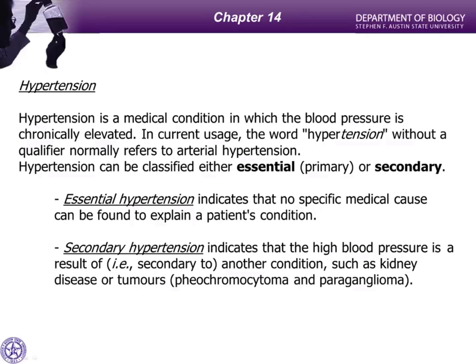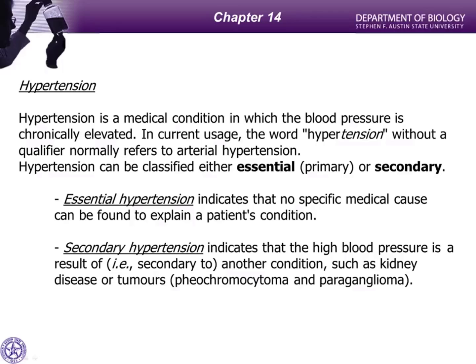Now, hypertension can exist in two clinical states, and I particularly don't care much for the first terminology. Essential hypertension, I prefer to call this primary. Essential sounds like you have to have high blood pressure and you don't. But essential hypertension indicates that you have high blood pressure and there's no explanation why you have high blood pressure. You just do. In so many instances, patients are placed on the medications that can help lower their blood pressure